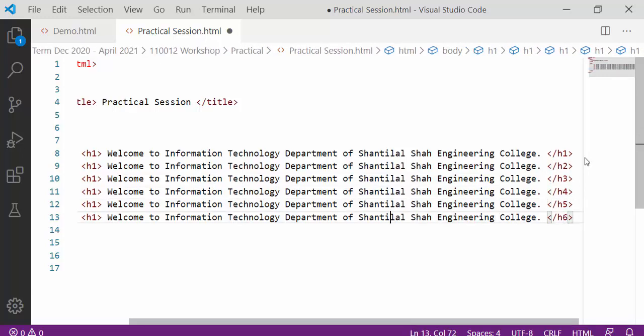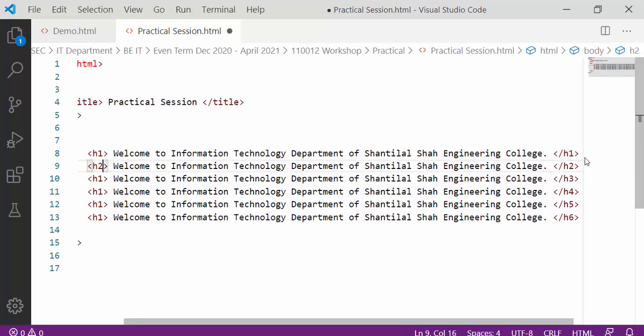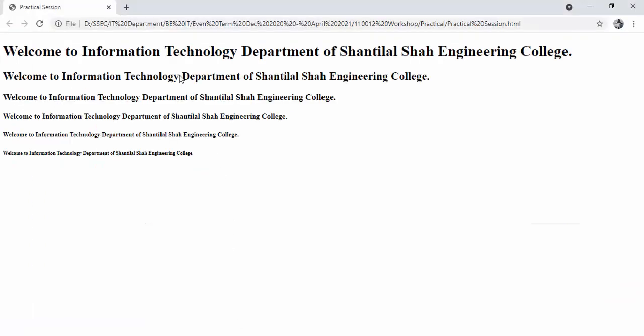Similarly, in the starting tag we have also modified 2, 3, 4, 5 and 6, and save it. After saving you can go to the web browser and refresh to see the effect. So this is the effect of each and every tag.